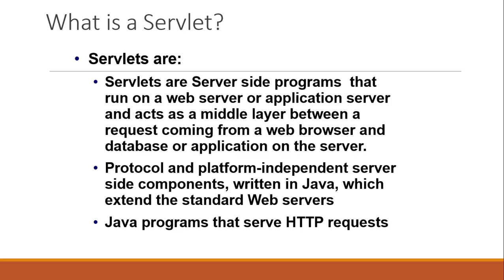In the static case, the HTML document is retrieved from the file system and returned to the client. It is directly retrieved from the file system on the server side and returned to the client. That means static. And dynamic: the HTML document is generated by a program in response to an HTTP request. If it is already present on the server side and then sent to the client, it is static. But if it is not already present, and it is generated by the program at that time as per the HTTP request, then it's dynamic.